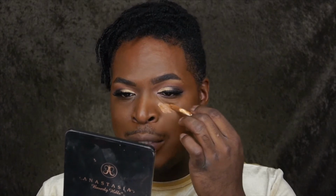I love this concealer so much because it definitely does remind me so much of the Tarte Shape Tape, but it's only like $7 or $8, and Tarte Shape Tape is like $29, $24, something of that kind of caliber. I am not going to kick out the coins for that, being that I got bills